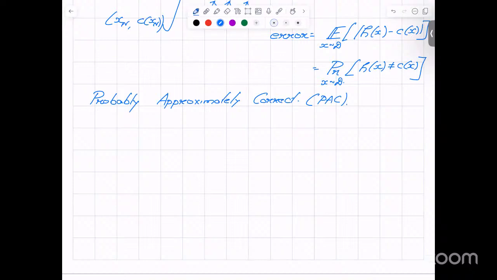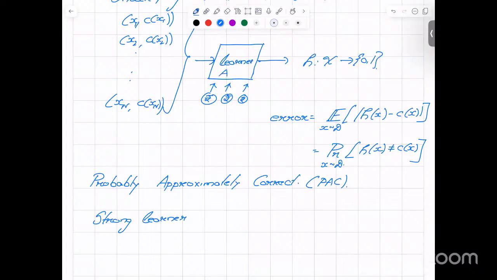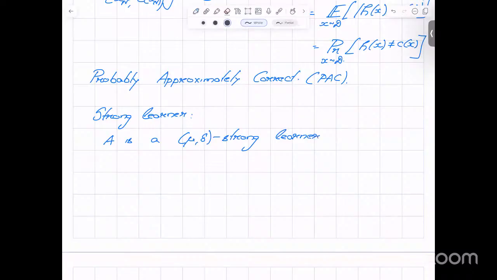A learning algorithm A. So we'll say A is a mu-delta strong learner for the concept C if for all